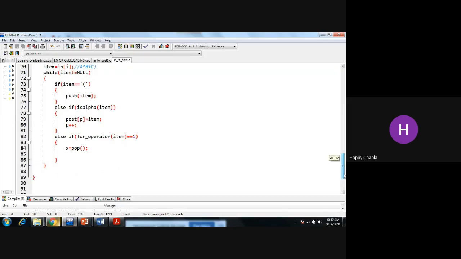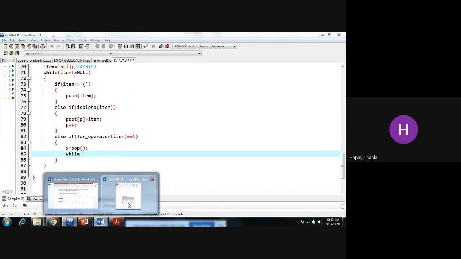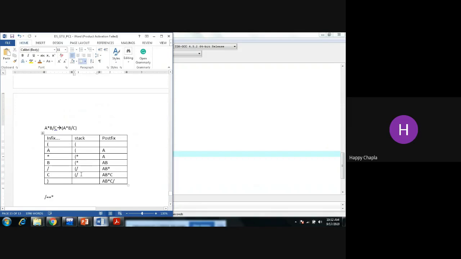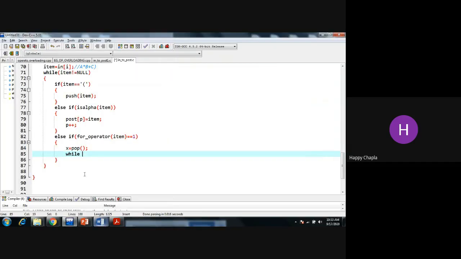Now coming over here. Okay. So assume the example that in this stack, apart from this divide, there is also star, also plus, something like this. Then I will have to check the precedence of all the operators. Don't assume that I have only one operator inside the stack. We have more than one element inside the stack. So we need to check every operator's precedence, and turn by turn we need to either add over here or push that operator inside this stack. Okay. So that's why I am using this while.